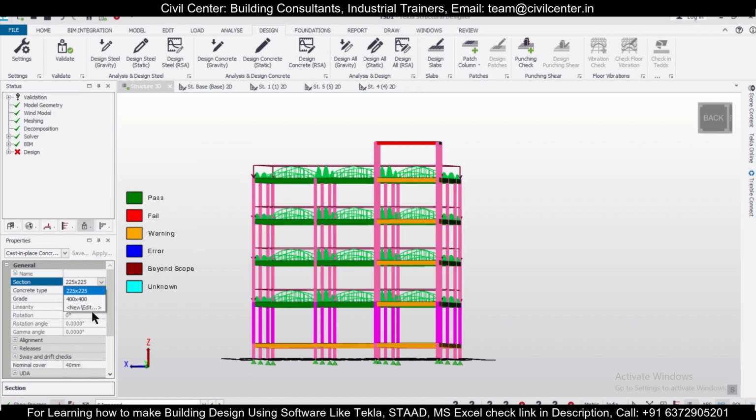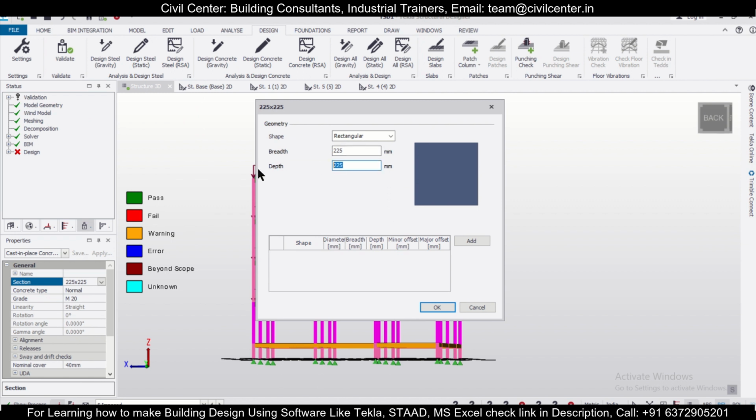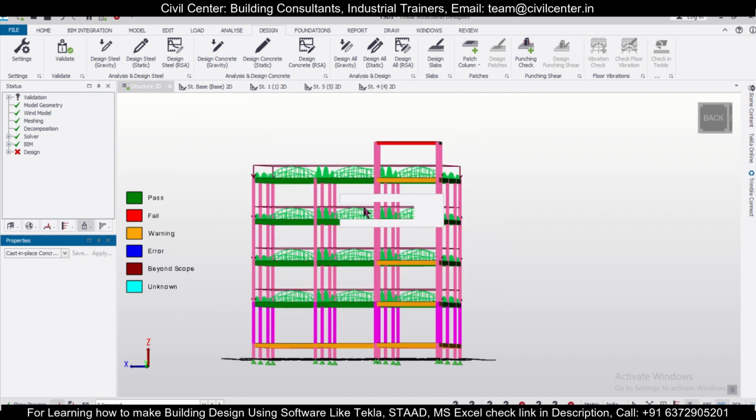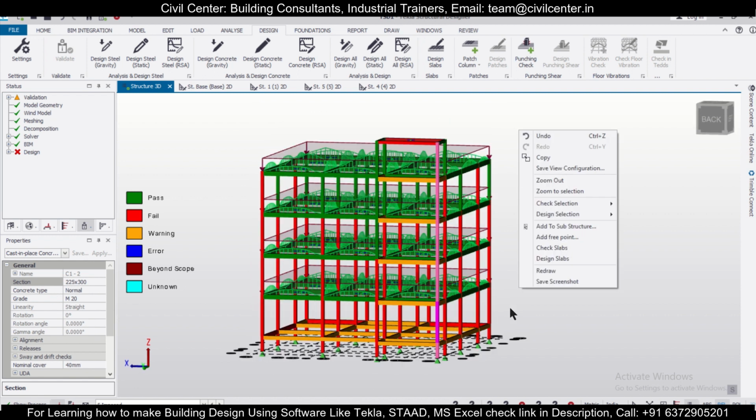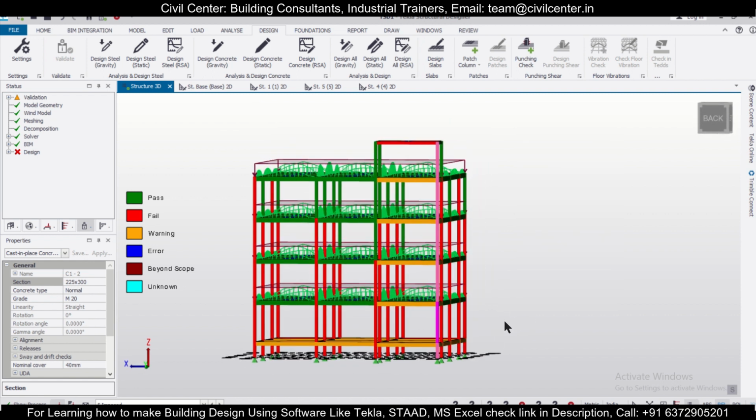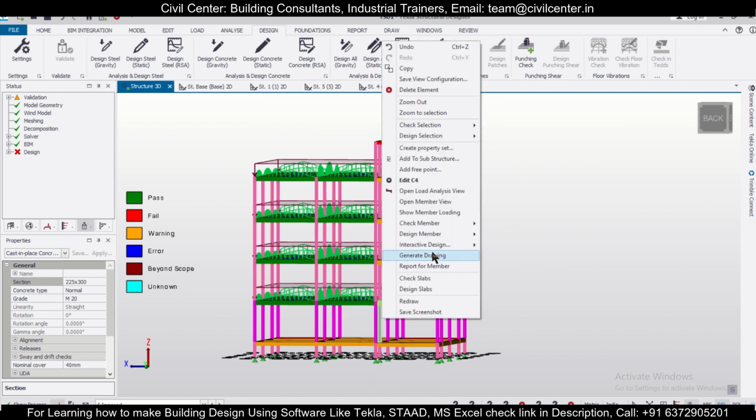Let's say, increase the size first to 225 into 300, and then click on OK. And after that, let's select everything here, and then right click and then design selection static.